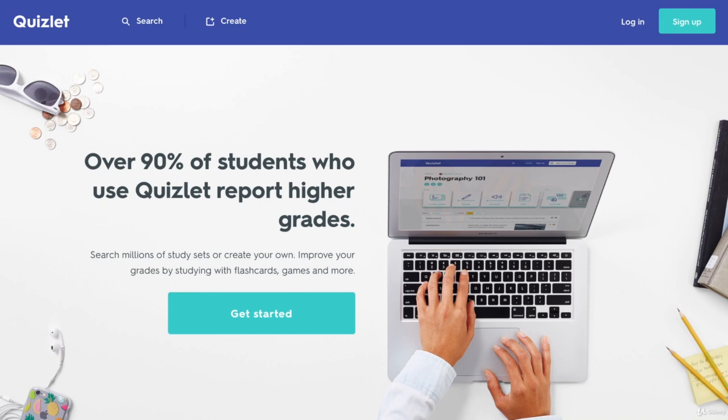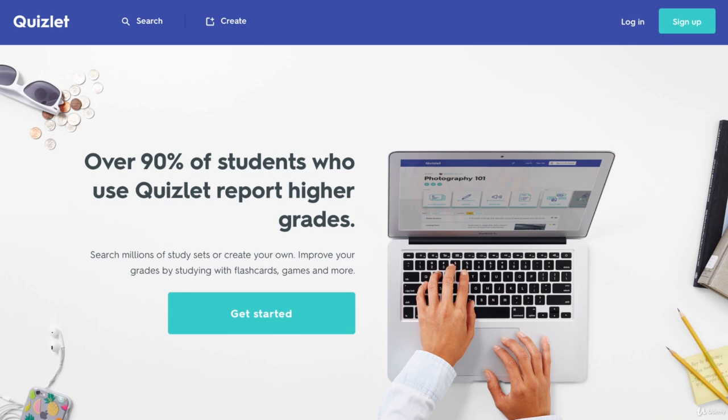Quizlet is a great resource to use when you're working on vocabulary and you want to start memorizing vocabulary, especially for those new words or those words that are common in the corpus, your first 100 words or your first 200 words, etc. If you have Quizlet, it gives you access to your vocabulary list wherever you go, because you can also download it to your phone as an app and use it while you're waiting in line at the grocery store or at the doctor's office or while you're waiting for a bus or while you're on a bus or anything like that. So to get started, you'll go to